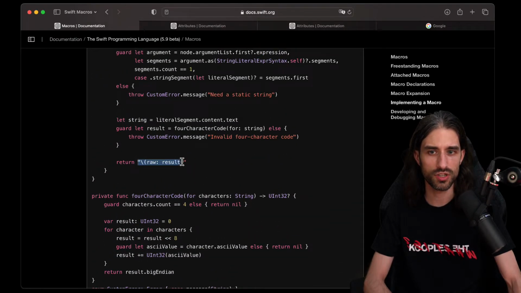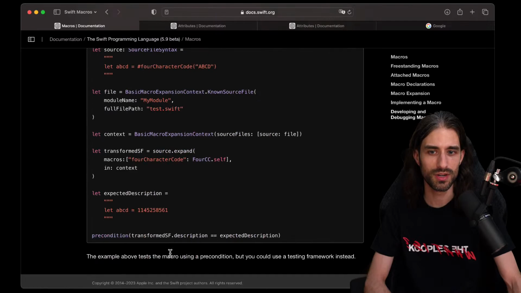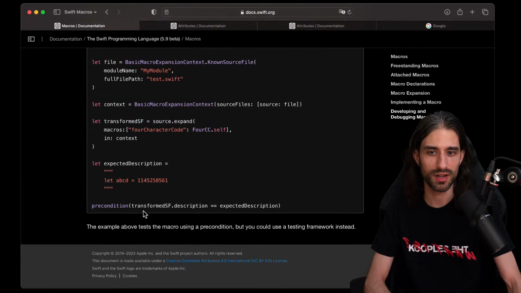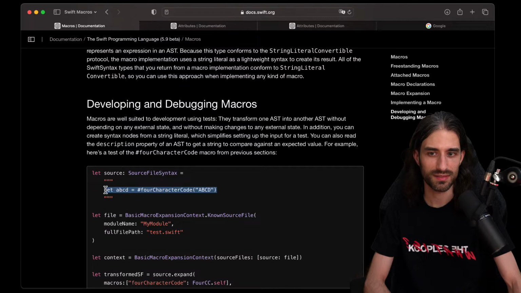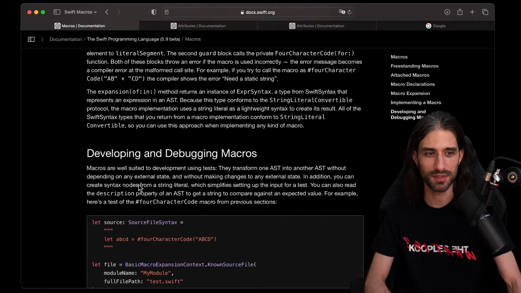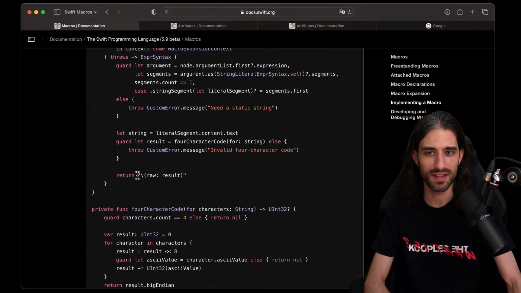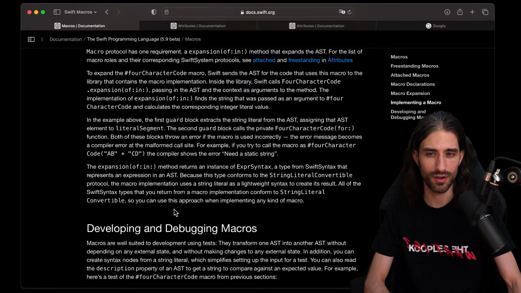So I guess here we could return code. We can put code in a string and use string interpolation to inject values. And I think, because I peeked at the example just below, this is kind of what you could do, I guess. No, it was still using strings, but not for that. But I saw an example of people using this approach of returning Swift code that was put inside a string. So you lose type safety inside the macro, of course, when you do that.